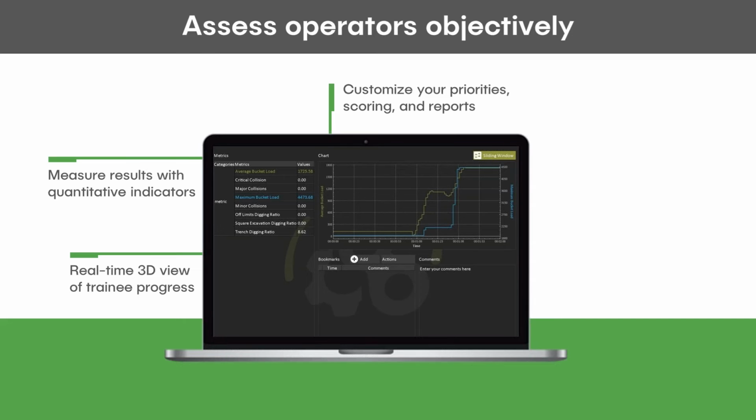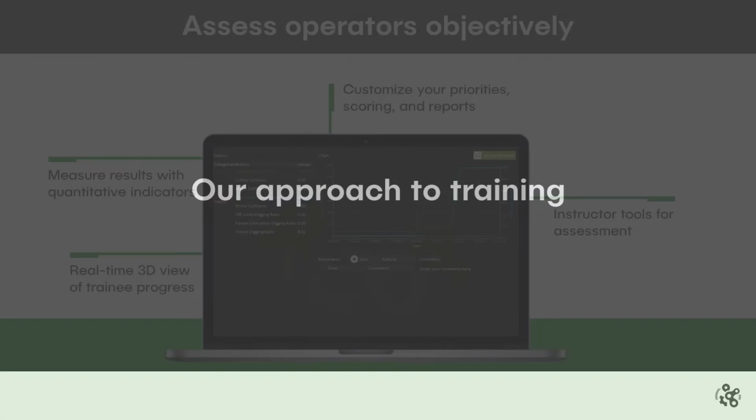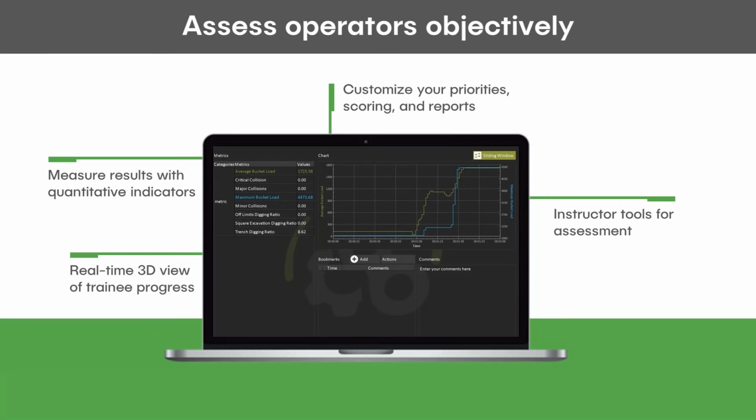And you can find the people who need to learn to respect the machine and who are having many, many collisions. And you can send them down a different path, to work maybe on more precision training, on positioning the bucket or steadying the swing on a crane. So it's very, very objective, and there's no lying with the results. As an instructor, you can really sit down with them and deconstruct the experience that they just had.